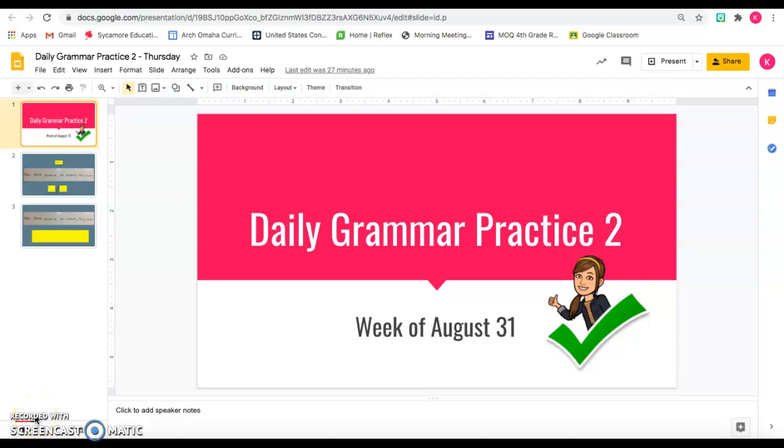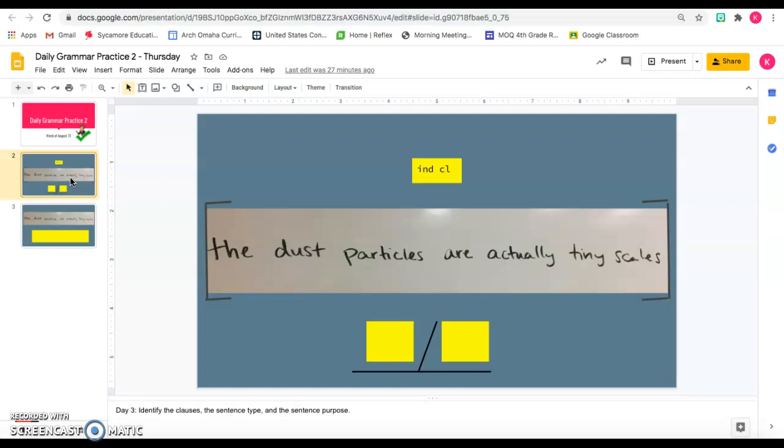Hey you guys, we are on the third day of our DGP, our daily grammar practice. We're still working with that same sentence: The dust particles are actually tiny scales. So for our day 3, our big objectives are that we need to identify the clauses, the sentence type, and